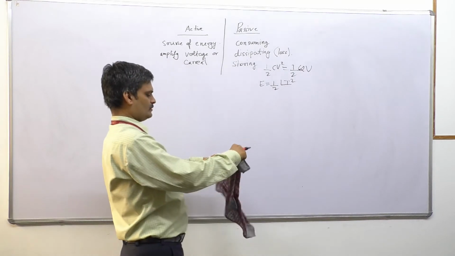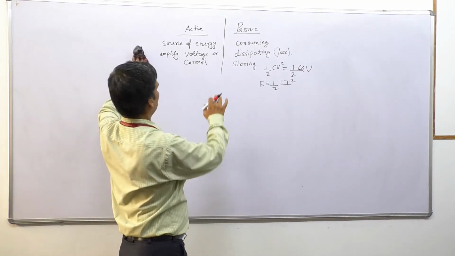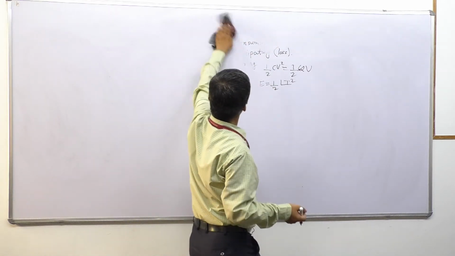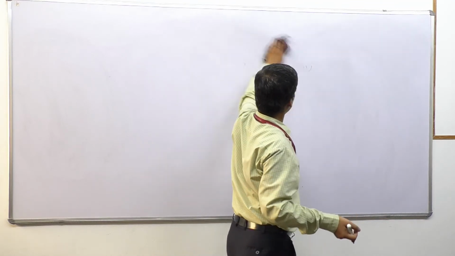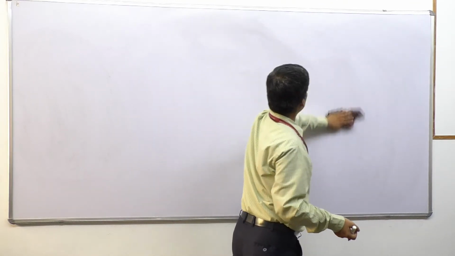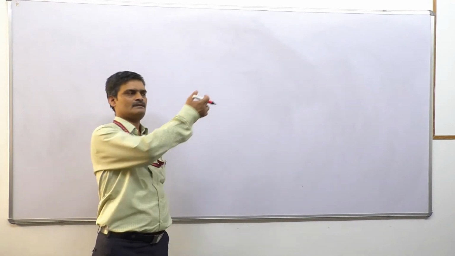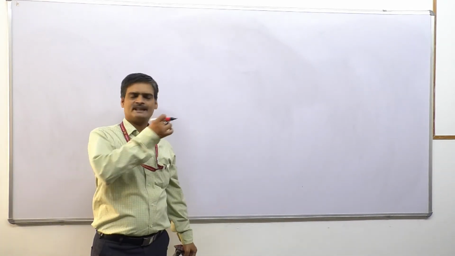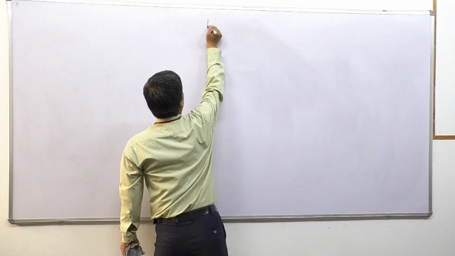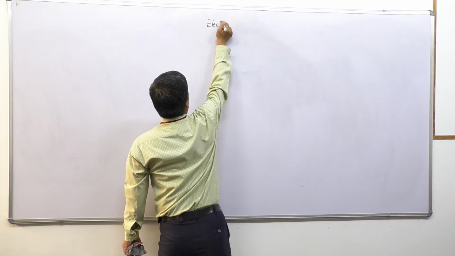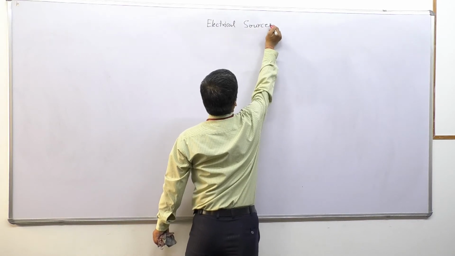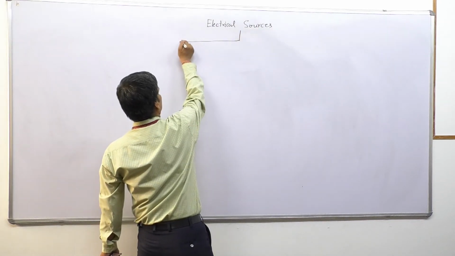So now that we have already studied some of the properties of elements, we can move on to the next level of knowledge, that is kinds of sources. Since we are studying the subject of electrical engineering, we would be dealing with only the electrical sources. So next we have source of electrical energy or electrical sources.